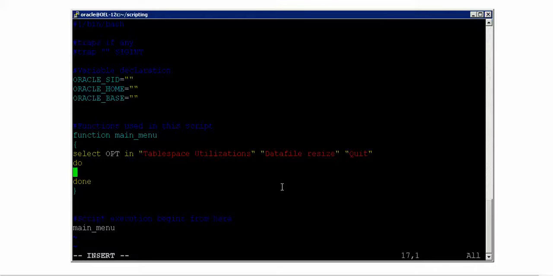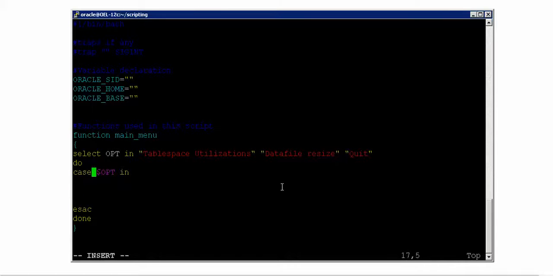So now I'm writing case $opt. When somebody gives $opt in, there are 3 things, right? I'm also closing this one, ESAC. So I'm closing this case also. Whenever you open any loop, please make sure that you close it then and there and then come back to the project flow, because later on it will be very, very difficult for you to actually look at this flow. So that's the reason you have to follow these things.